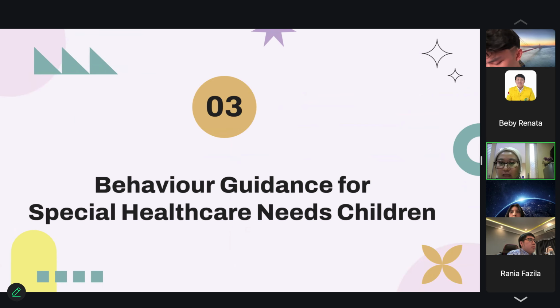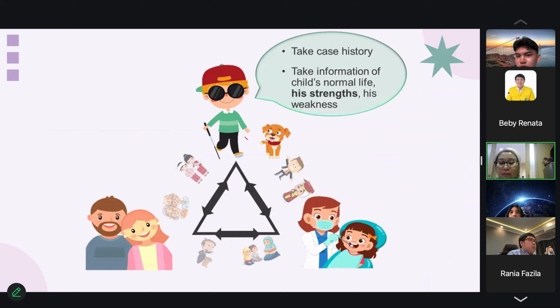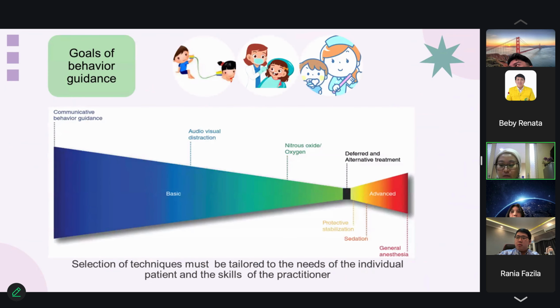So after you learn all those types of special needs patients and the challenges, you need to know which behavioral approach should be selected for the patients. So first to do, like I already showed in the clarification of scenario 2, please don't forget about our pediatric dentistry triangle. We also use this concept for managing special needs patients. So please review our topic in scenario 2.